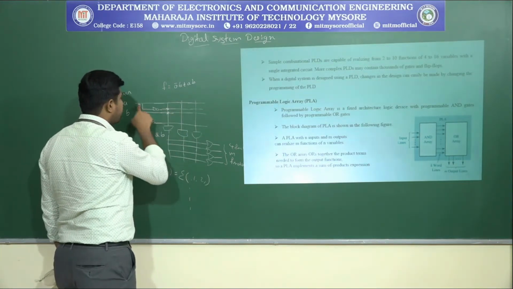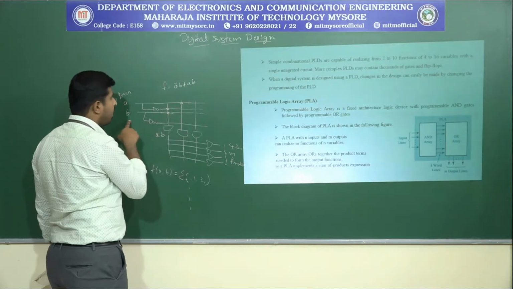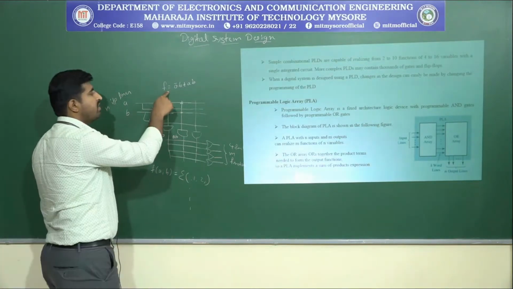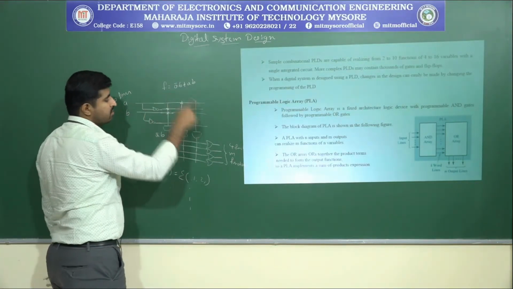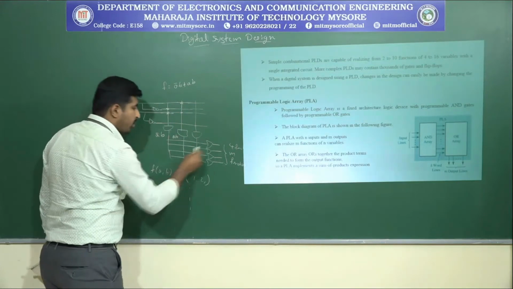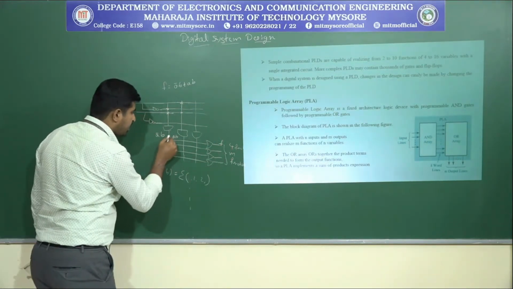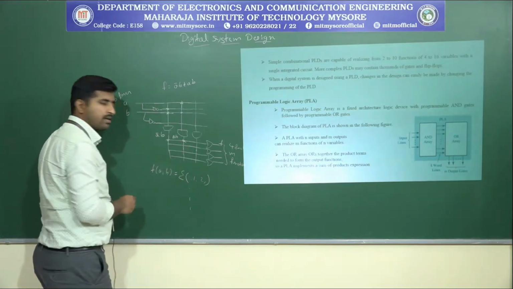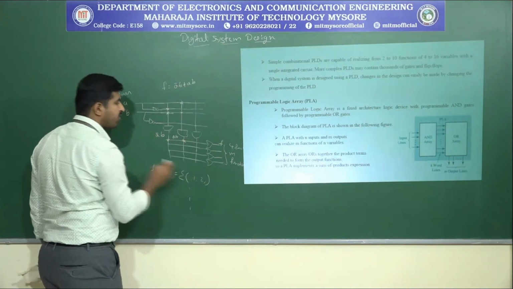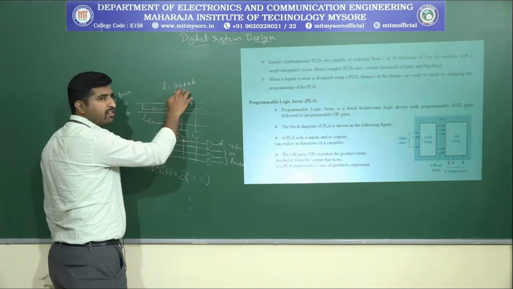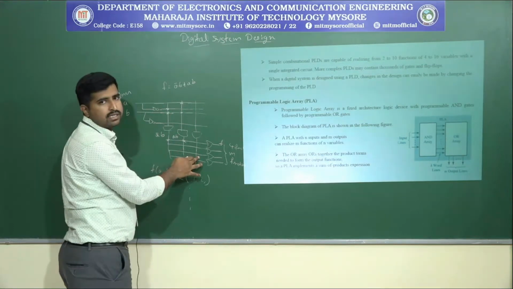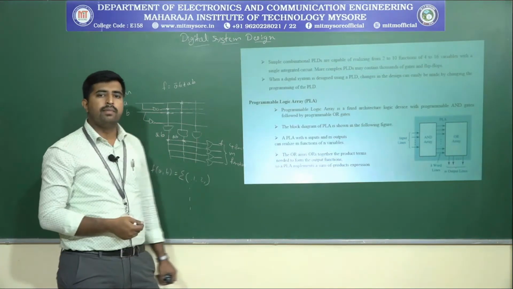So here we need a and b, right? This is a data line, and this b data line will be connected to the ab. Next we need to implement this function f. We need only 1 OR gate because 1 addition is needed, or 1 function needs to be implemented. So we get f by connecting the a bar b and the ab product terms. Initially the manufacturer gives these without any connections. According to the required functions, we can program the AND arrays and the OR arrays. This is what we call programming the PLA.